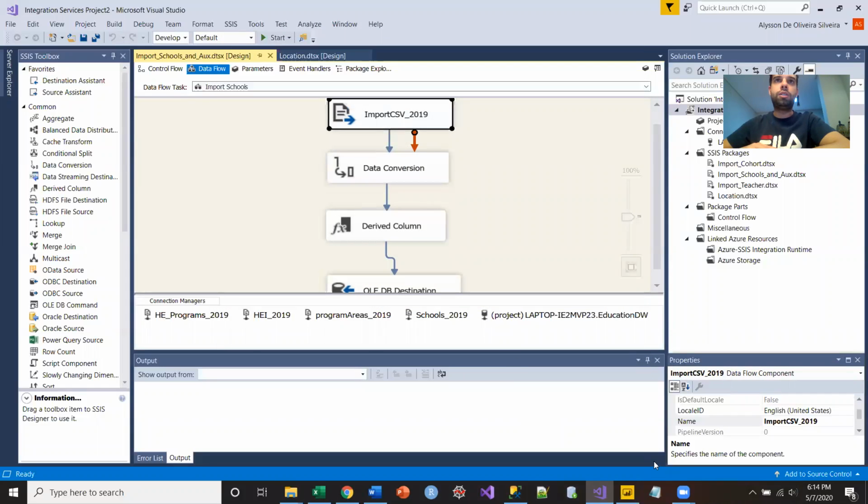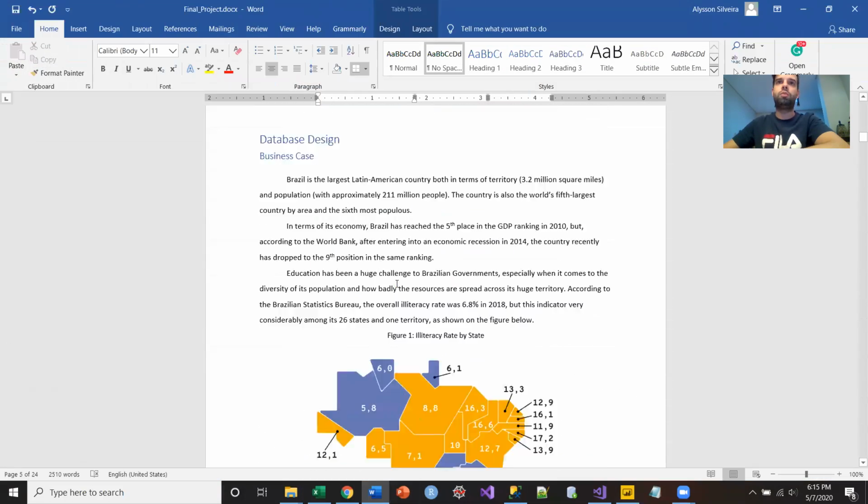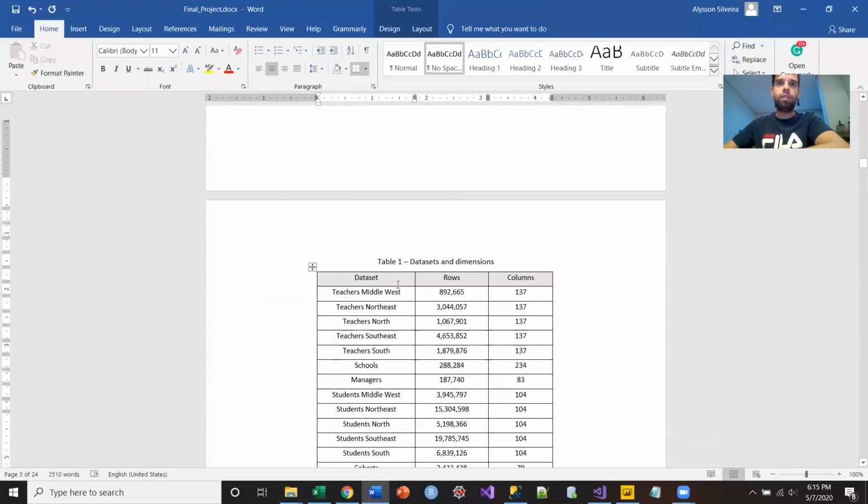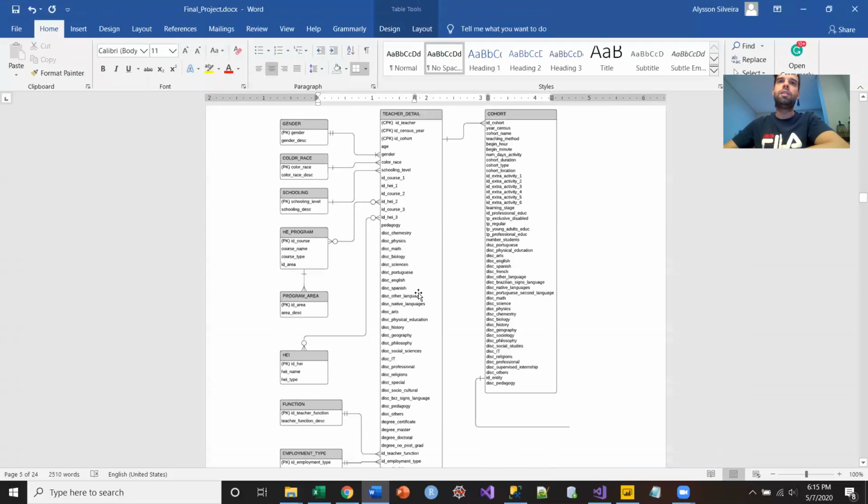We tried to load this data into an Oracle database, but we faced some issues. We had a lot of errors. And as the deadline was approaching and we were already late, we decided to go with SQL Server. As it is a Microsoft product, I believe maybe it's more suitable to use SQL Server. To do so, before creating the tables, before even importing those CSVs, we created the